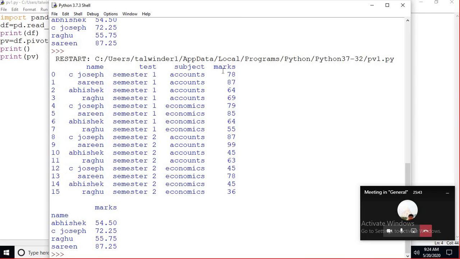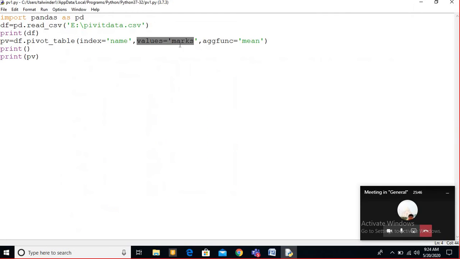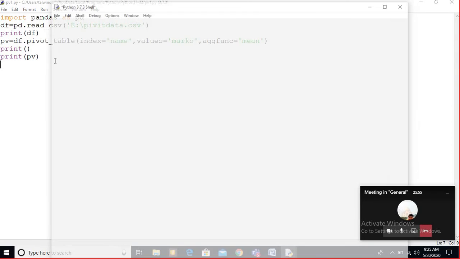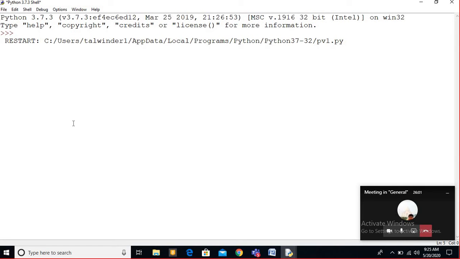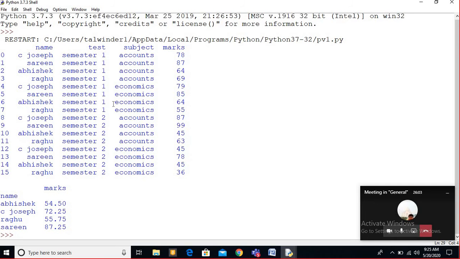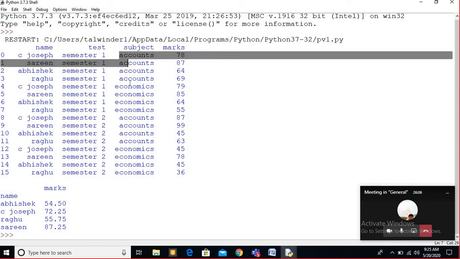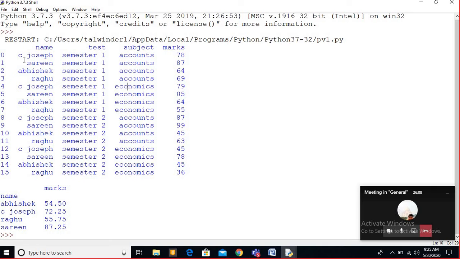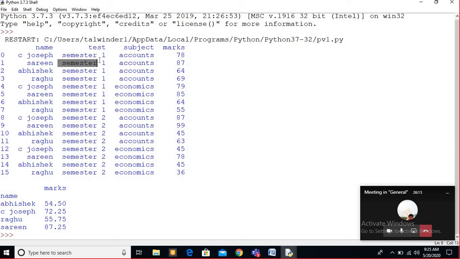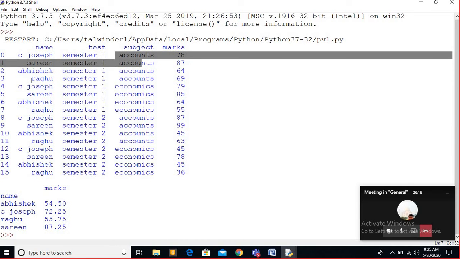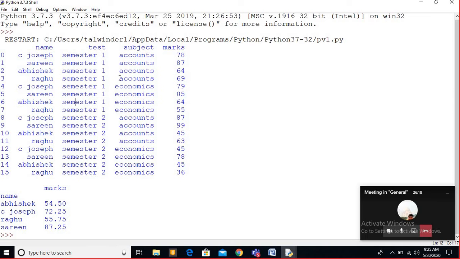Average means I have to use the values of marks. So I have given values equal to marks, then the aggregate function equal to mean. Then I printed this, and you see the output. Let me tell you how the output comes. Accounts and economics: we have the data of these 4 students, their semester 1 marks in accounts and semester 1 marks of economics.